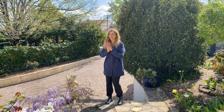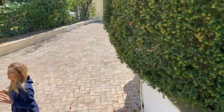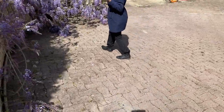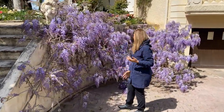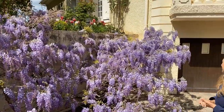But let's go and take a look at this wisteria, because it's in its prime right now. So beautiful, and its scent has just filled the entire garden. It's so intoxicating, just gorgeous. Look at these clusters. Look at this wisteria. I would have taken this all over the house if I didn't have to worry about damaging the house, honestly,